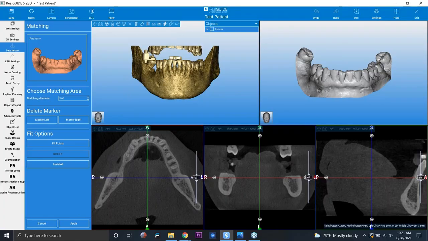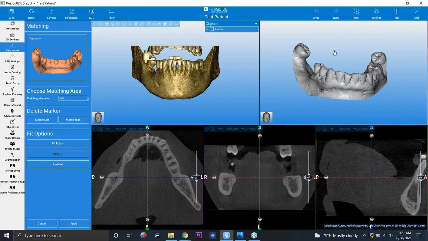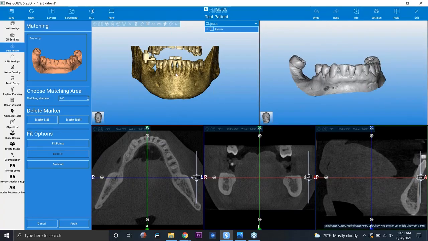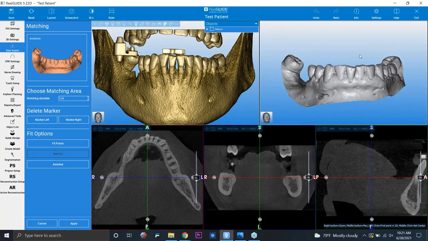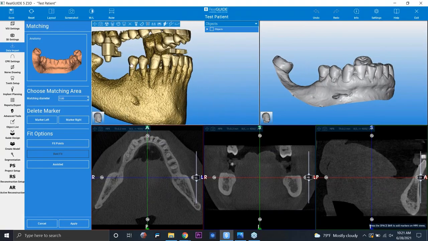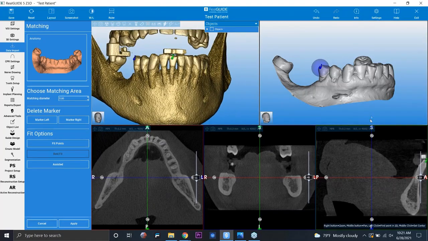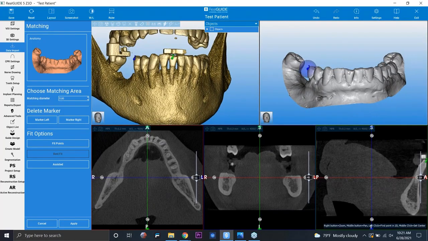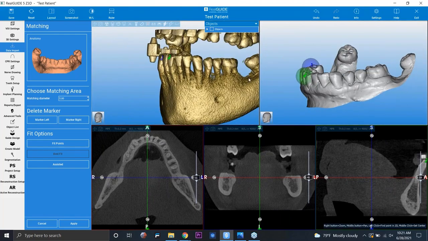And now you can see we have our 3D rendering on the left, our STL file on the right, as well as our CT views down below. So when it comes to matching the models, we are able to add some reference points like we traditionally have been able to in other softwares, where I just need to set a couple of landmarks for the software to utilize in order to merge